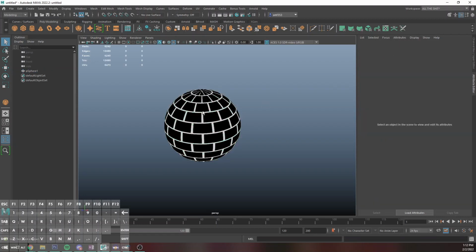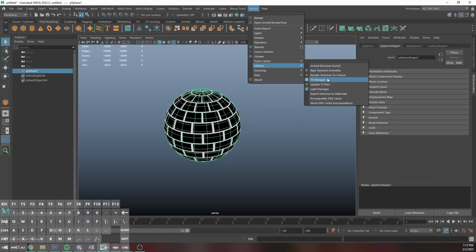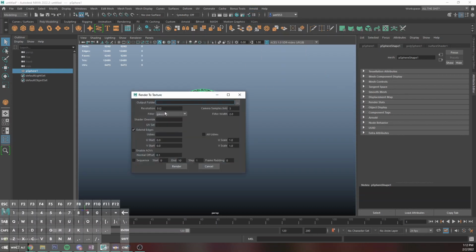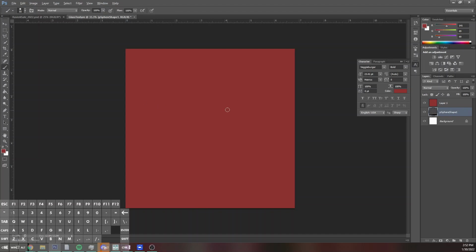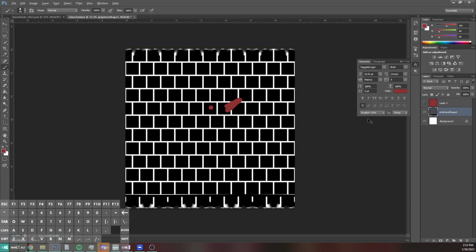Once you do that, just go up to Arnold and Utilities, and Render Selection to Texture, name it whatever you want, put it wherever you want, and make it the resolution of your final texture. Boom! Once that's done, I plopped that into Photoshop, and basically just started recoloring some of the bricks,